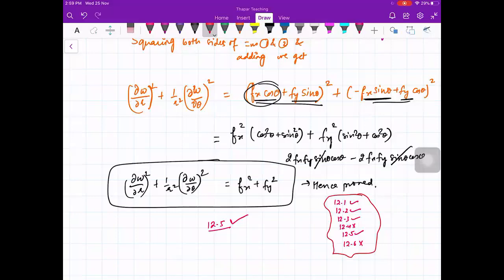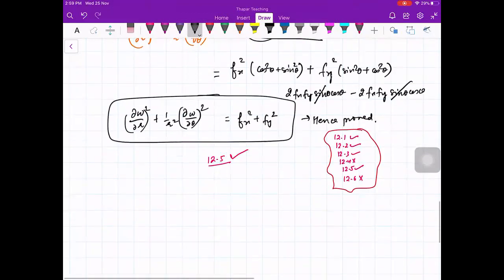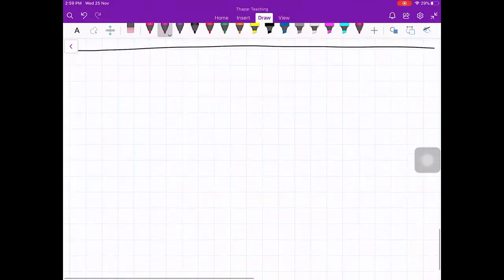So let us start with 12.7, that is directional derivatives. So I hope everybody is comfortable with partial derivatives. Yes, students? Yes ma'am. Okay. So now we will be discussing something which was not there in function of one variable, right? That is directional derivatives. And some days back, a student has also asked me a doubt. So I think with the introduction of directional derivatives, that doubt will be also cleared. Okay. So let us start with directional derivatives. I will go very slow because this is a new thing. Directional derivative.